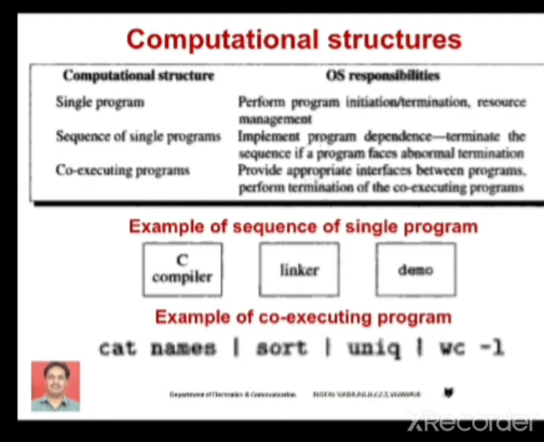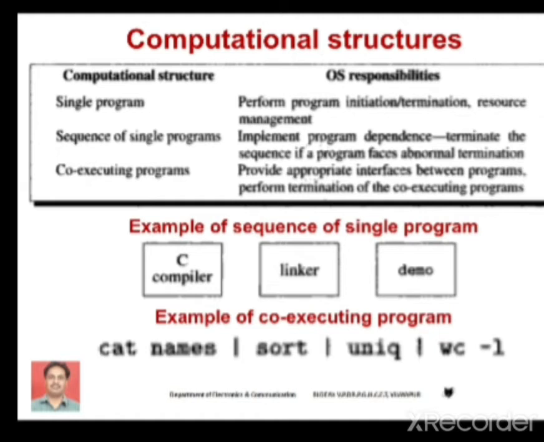These vertical lines are called pipes. Actually, by means of pipes, the output of one program will go to another program. That is, the output of one program will be taken as an input by the other program. Okay, we'll discuss this example in detail. So actually, cat is the command which displays contents of a file. Here in this example, names is a file which includes a list of names. Assume that names is a file which contains names of the students or names of the customers.